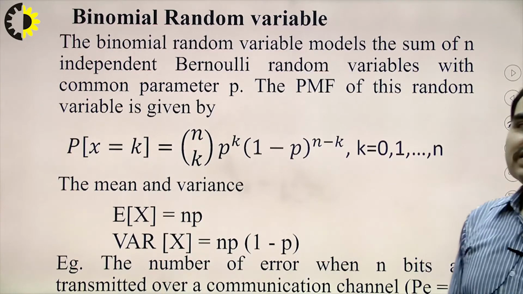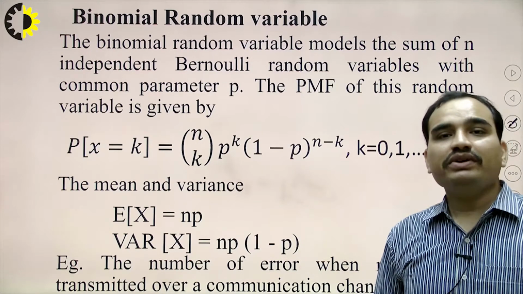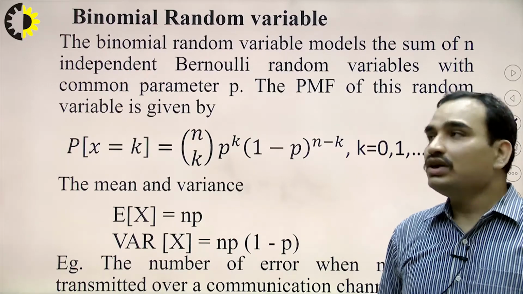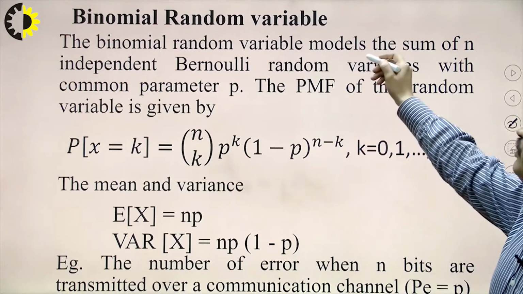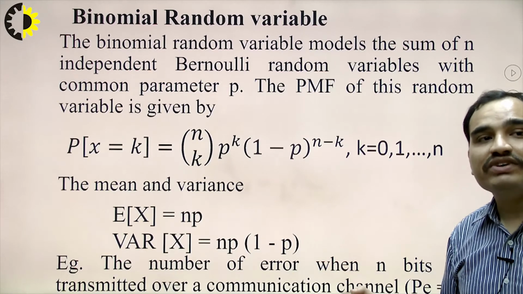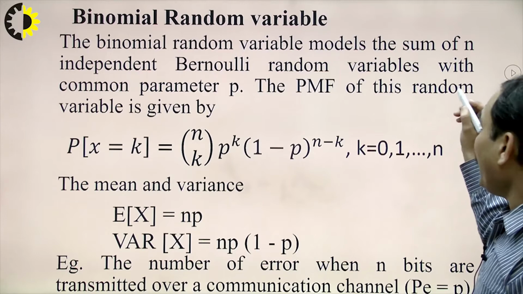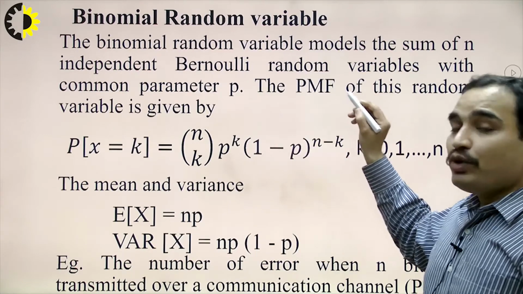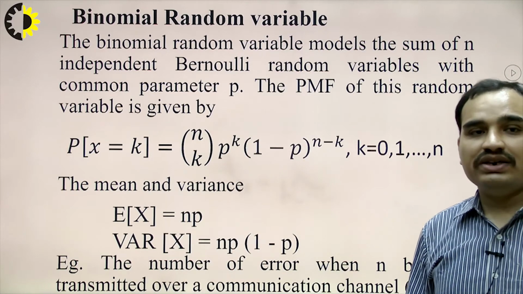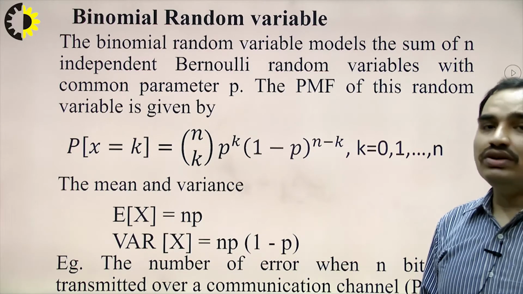Now the next is the binomial random variable. So what is the binomial random variable? Binomial again means it has two values. The binomial random variable models the sum of independent Bernoulli random variables. So we are considering independent Bernoulli random variables with a common parameter p. The probability mass function, PMF, again because it is a discrete function, we can call it the probability mass function of this